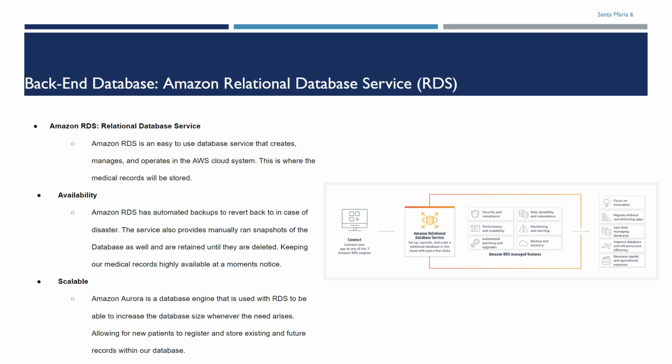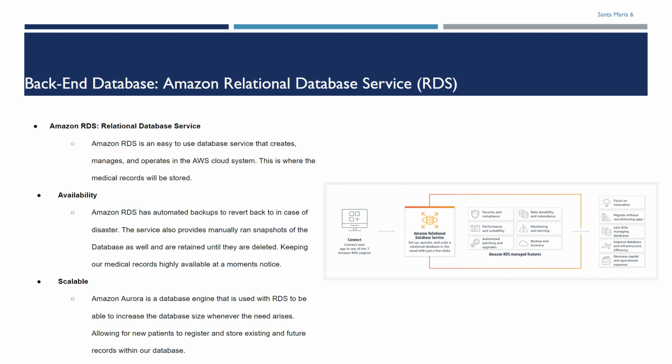For our backend database, we decided on going with Amazon Relational Database Service because it is an easy to use service that integrates with many different database engines. Medical records are extremely important for the medical clinic and should always be available. With Amazon RDS's automated backup and point in time recovery, it makes it easy to store backups for up to 35 days. And with this feature, you will be able to revert back to any point in time within the